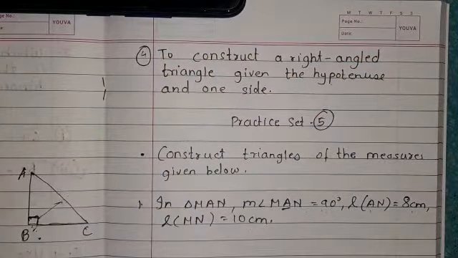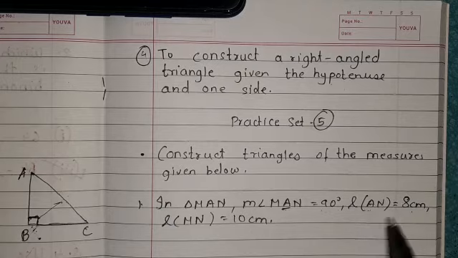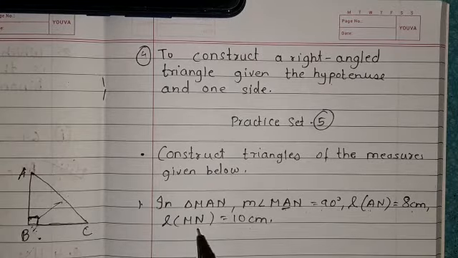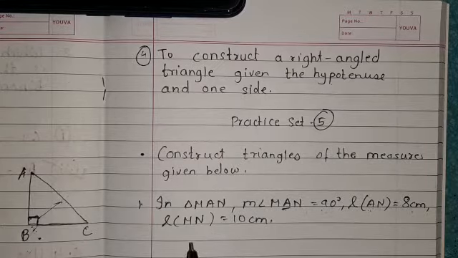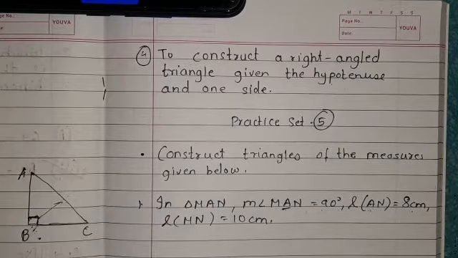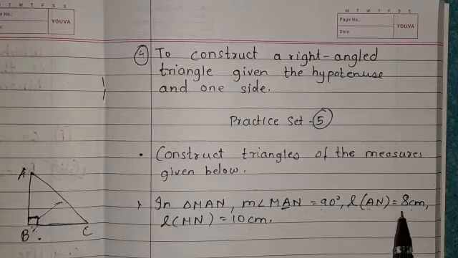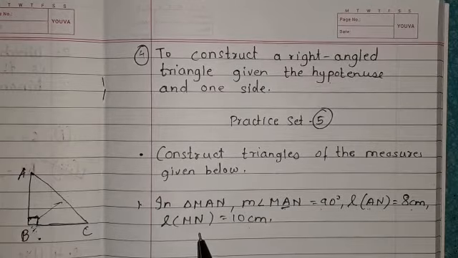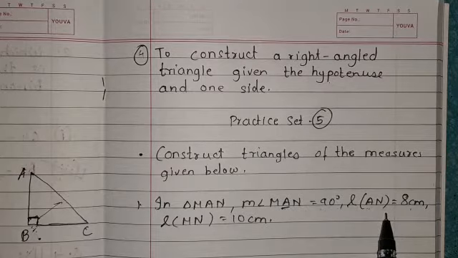But here, A is the angle, and A is present in one side. But here can you see A? No. This is MN and this is AN. A is not present here. That means this is the fourth type of construction. It means one will be a hypotenuse. So the longest side, 8 centimeter or 10 centimeter? 10. So 10 is the longest side. So 10 will be the hypotenuse and this will be a side.